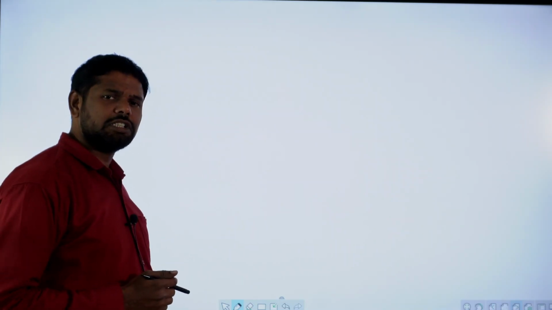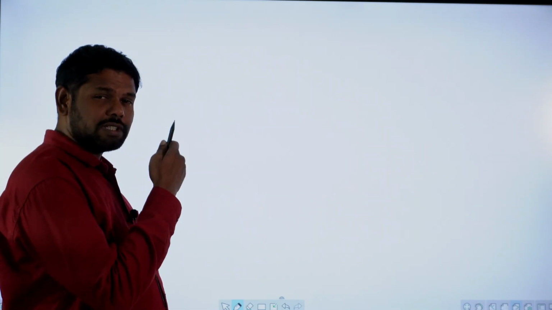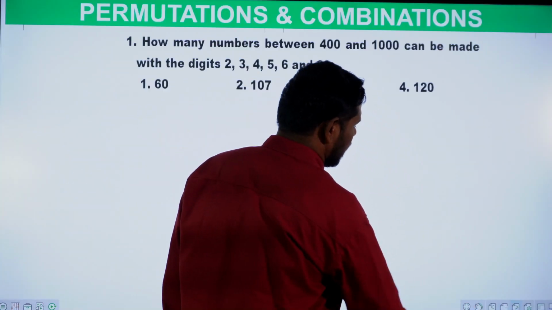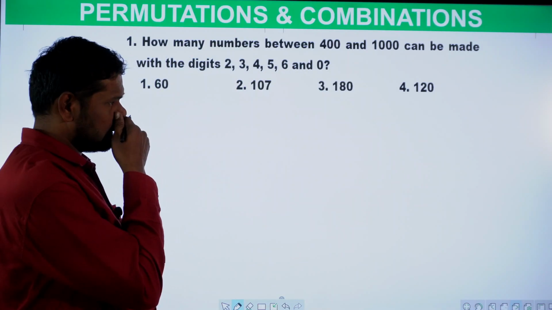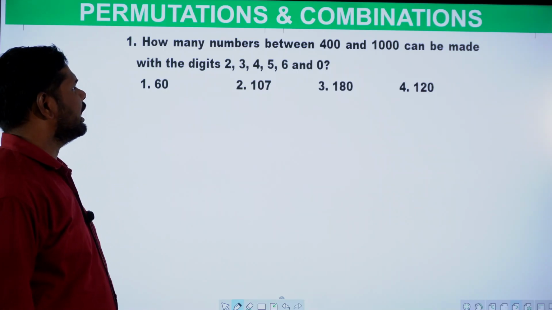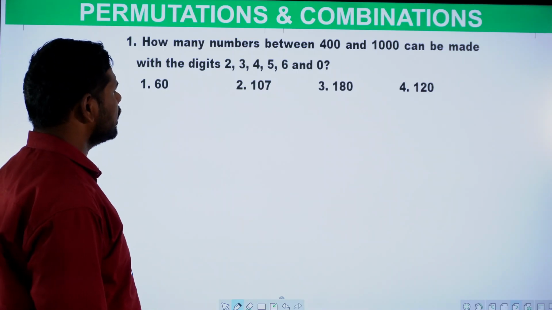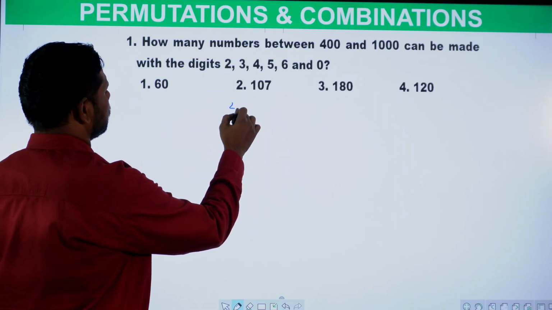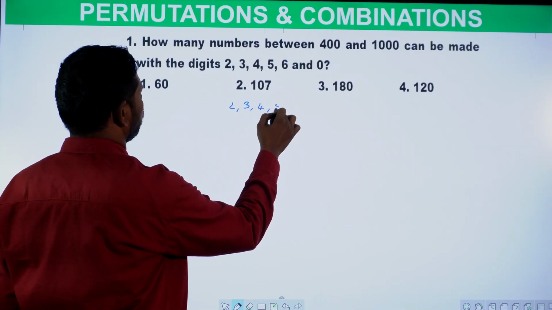Similarly, in combinations also we discussed how we choose, 3 out of 7, at least, at most, those are also discussed. So now we apply whatever we learned in the concepts. Now, first question: how many numbers between 400 and 1000 can be made with the digits 2, 3, 4, 5,